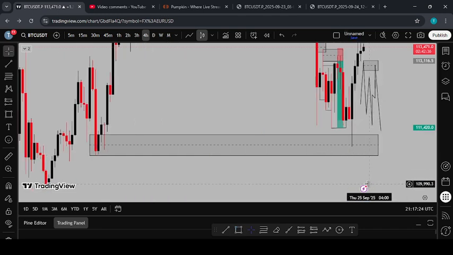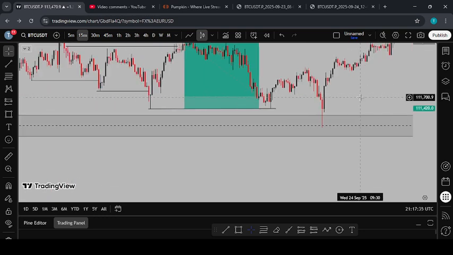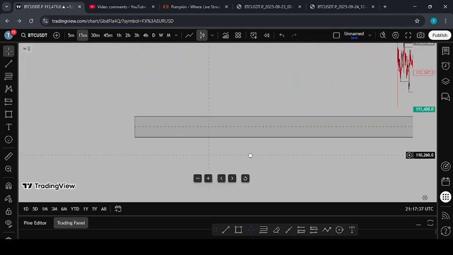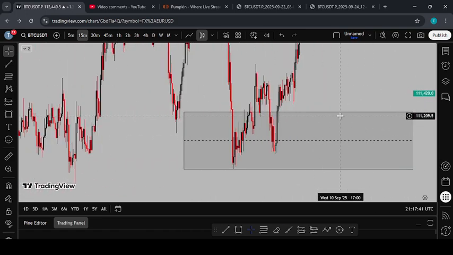But I did not buy, or I was not trying to buy exactly from the 4 hours order block. I now went into the 15 minutes time frame, since I was doing that analysis on the 15 minutes time frame. I went back to check on that chart to look for how I can